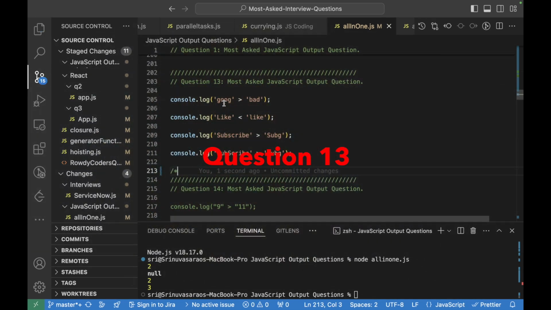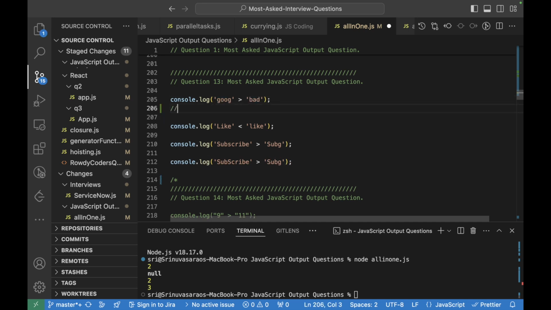So here what happens is, when two strings are compared, firstly this G will try to compare with B. The comparison is nothing but ASCII values. The ASCII value of G is 67 and the ASCII value of B is 62.